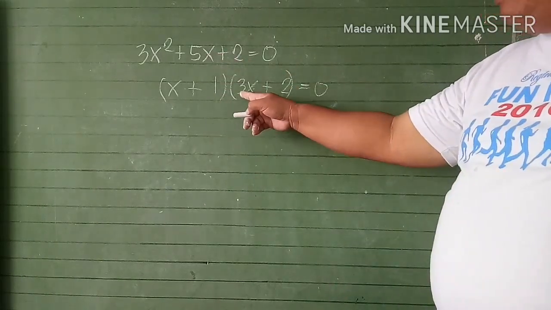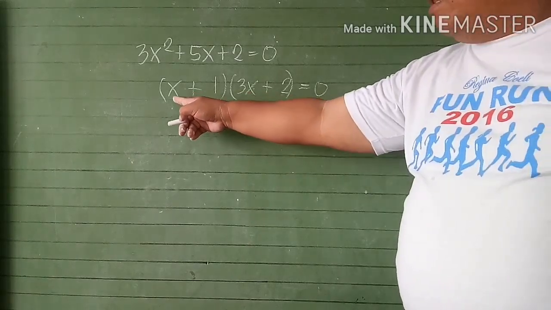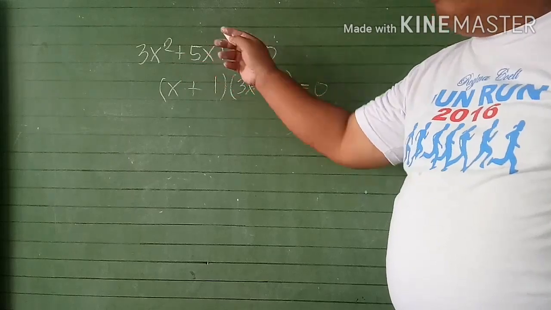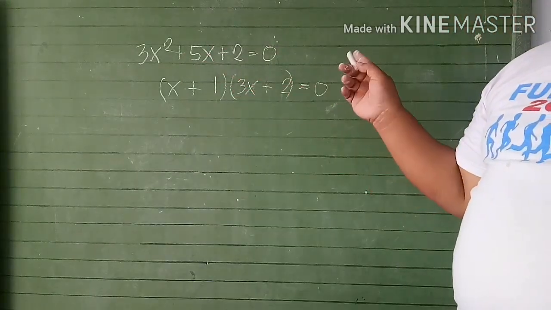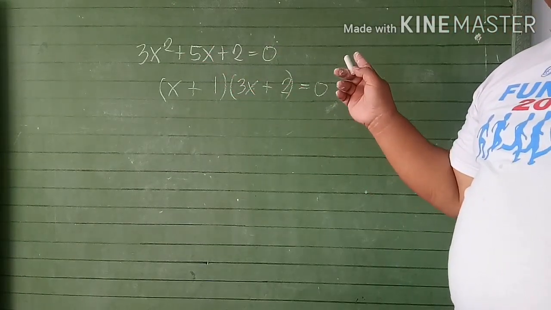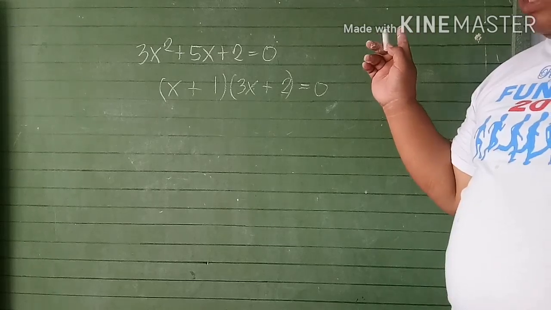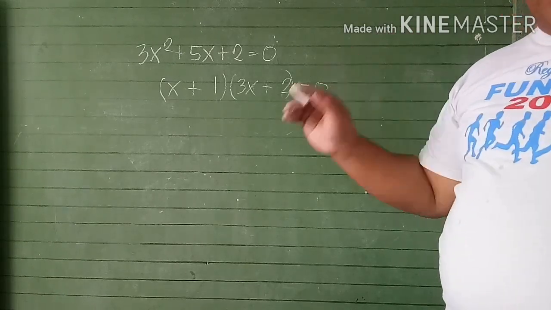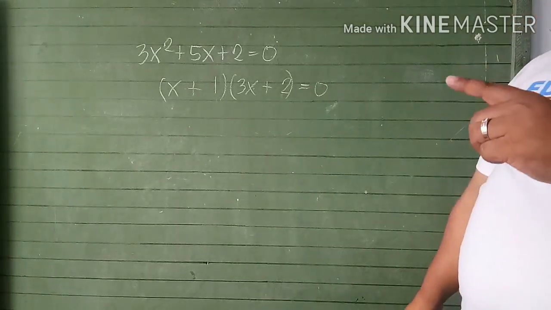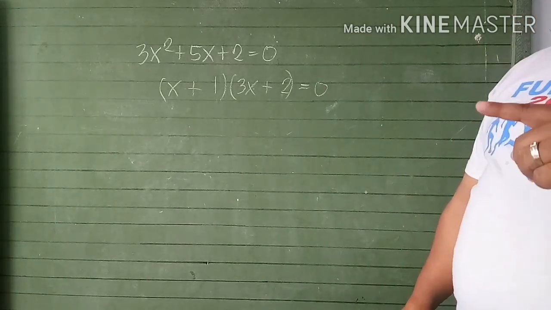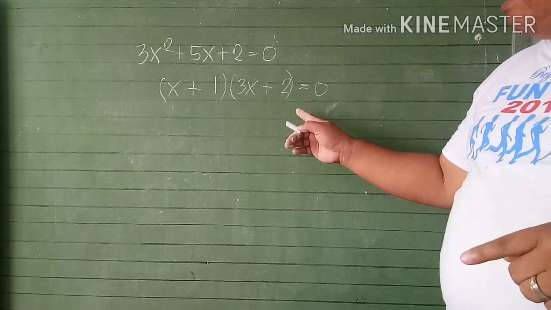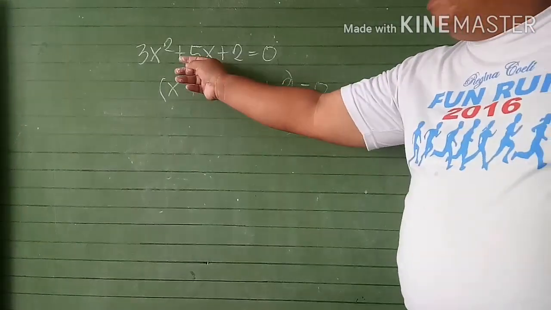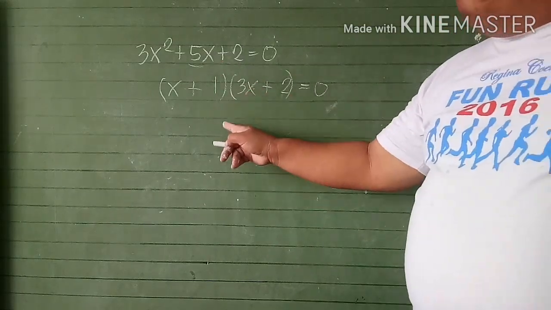So this is 1 times 3 is 3 and 1 times 2 is 2, which gives 5. So it means that we can get this part. That's the only way to check our factors, whether they are correct or not, by pairing those factors to two quantities, so the right pair. Again, we have checked already that we get the middle term, 5x, by multiplying the inner and